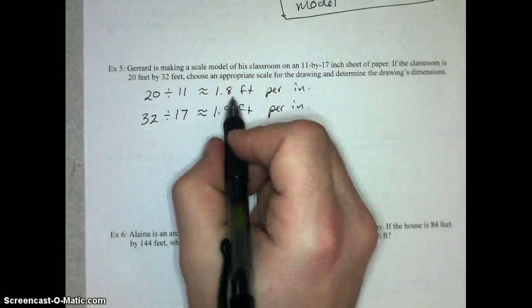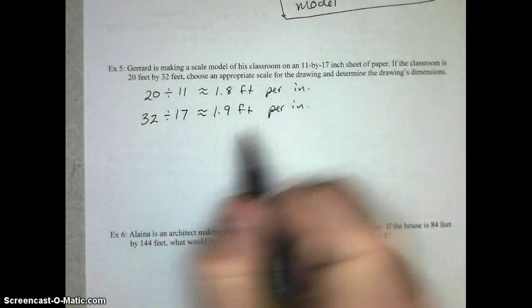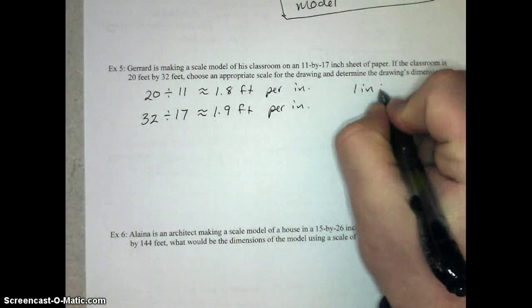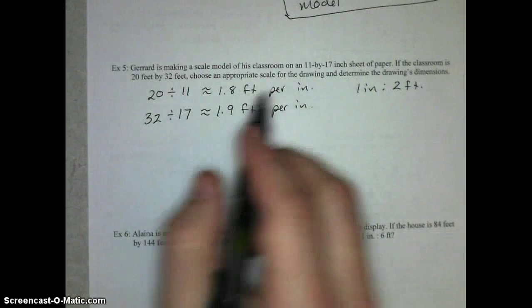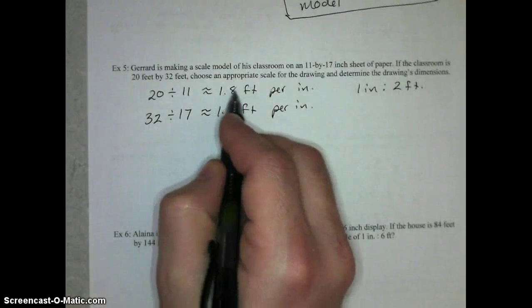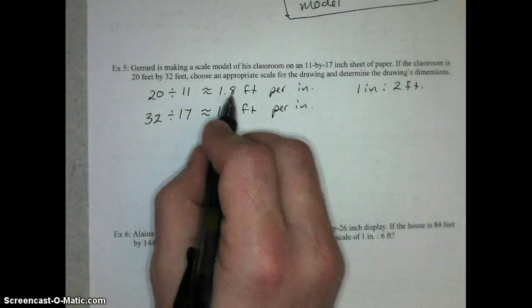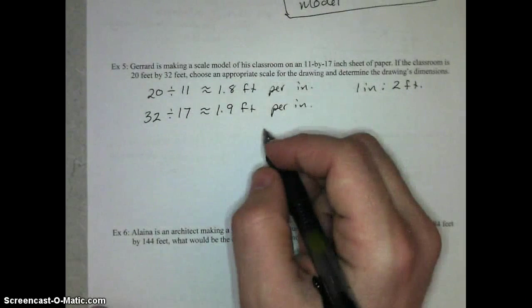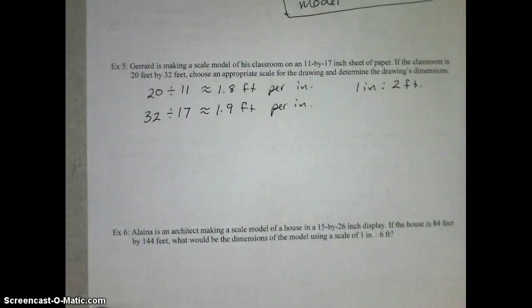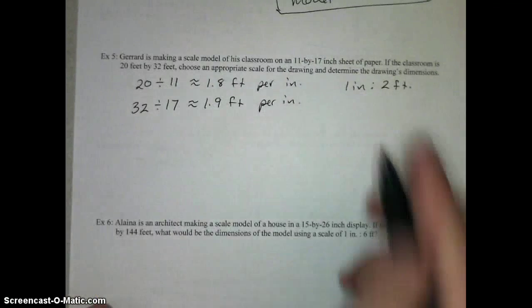And so I could do a 1 inch to 2 feet ratio. Every 1 inch represents 2 feet, and that would cover that. And I'm choosing 1 to 2 because these are each just a little bit less than 2 feet. And so if I round up to 2 feet, I should have enough room on my piece of paper. So we're going to take our dimensions. We're going to take this ratio,